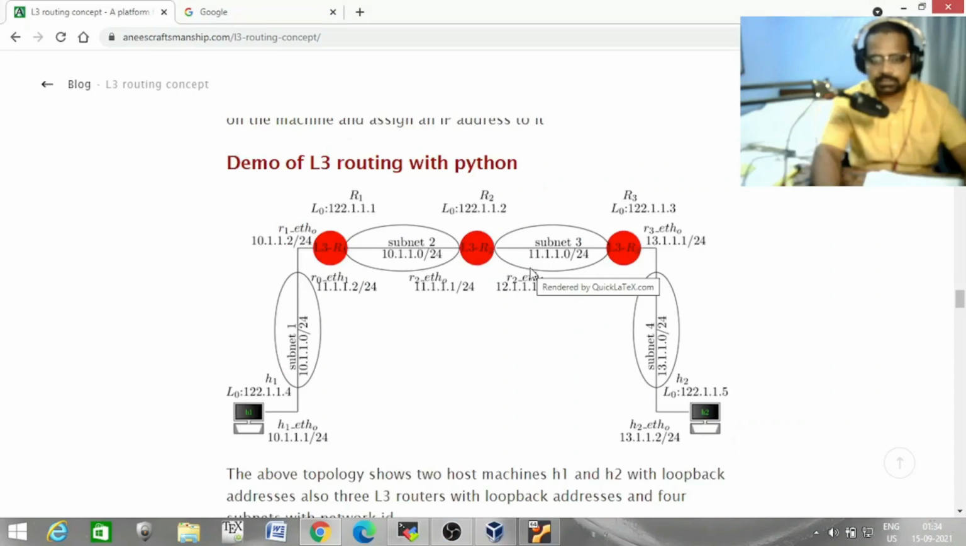Okay, let's see how L3 routing is done in Mininet with a simple Python script. In order to explain L3 routing, I'm using a simple topology, and I will implement this topology with Python in Mininet. Okay, so you can see we have a topology, and this topology has